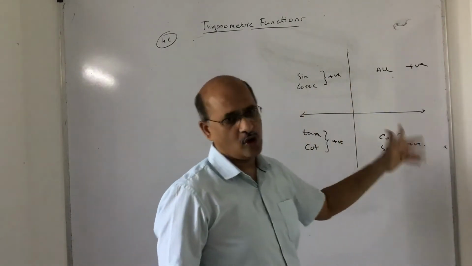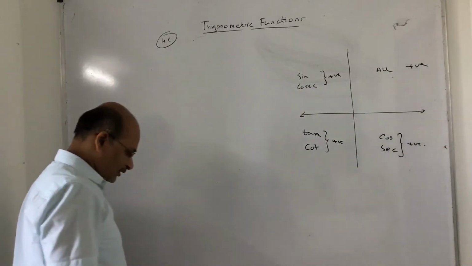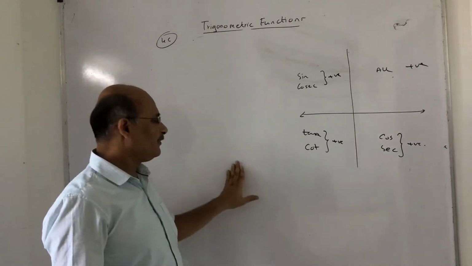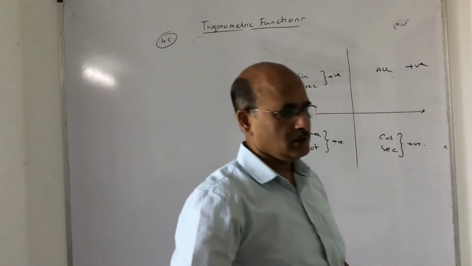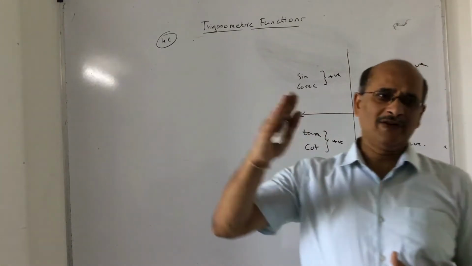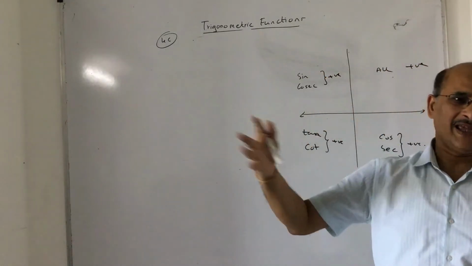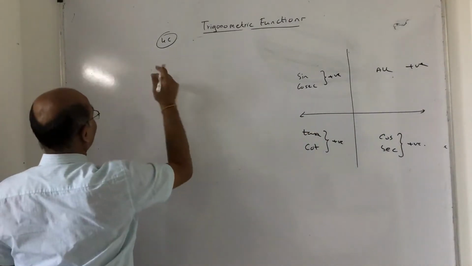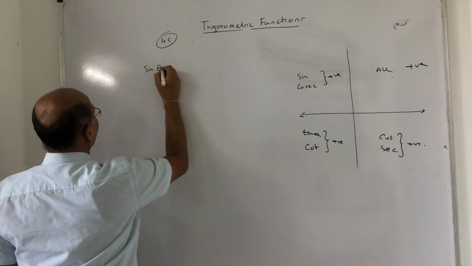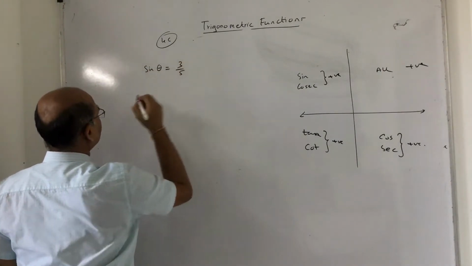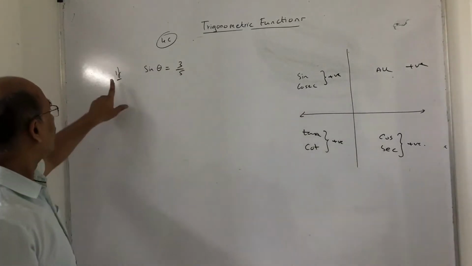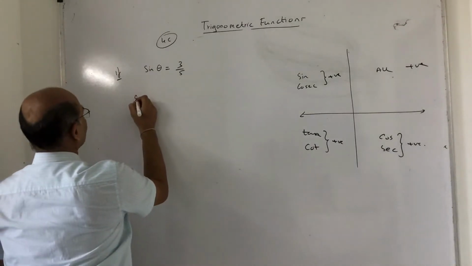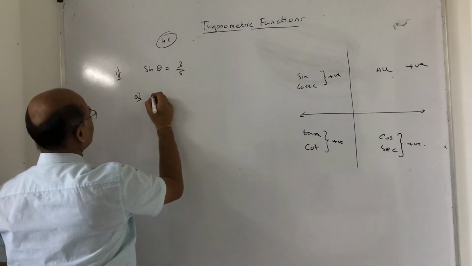Add sugar to coffee. So the first thing is, there are some sort of conditional sums. I call them conditional sums. They will give you the value of some trigonometric ratio, and they will ask you to find the value of the other trigonometric ratio or other expression. For example, suppose I say sine theta is 3 upon 5. This is called conditional because they give you the value of some trigonometric ratio and ask you some other things. Now for example, suppose I ask, find tan theta,